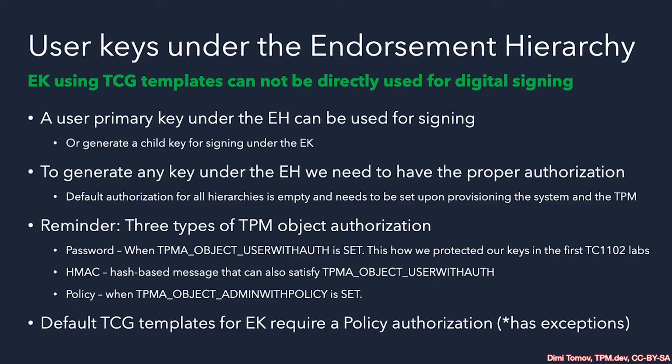authorization. And as a quick refresher, there are in general three types of how we perform TPM authorizations of objects. There is a password authorization, which is set by the user with flag when creating different keys. And this is how we created the keys in the first labs in this course. Also, throughout TC 1101, we used password authorization, but of course, using it with the TPM tools was somewhat more straightforward. Here, we need to make sure that we set that user with flag using ESAPI.